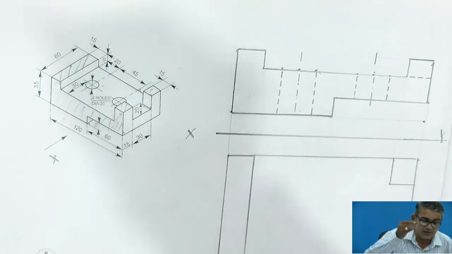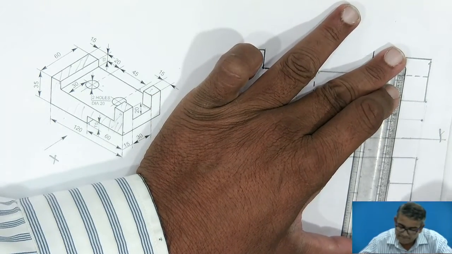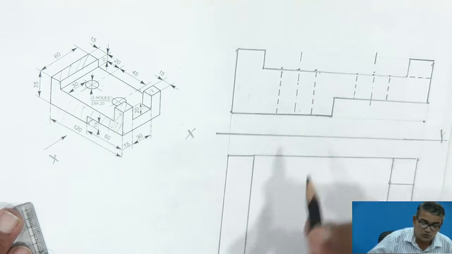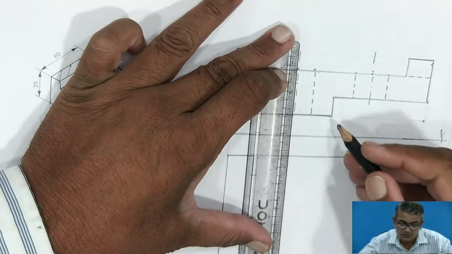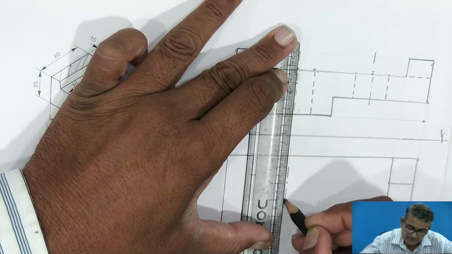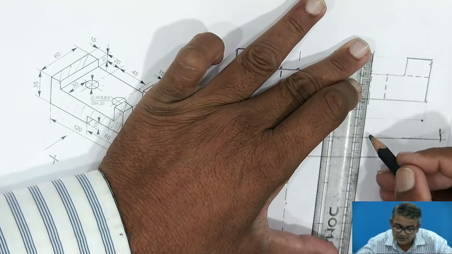Now this surface is coming upward when you see from the back view. So join it. Means the first, second and third are over. This is over. Now these two holes. The holes are parallel when you see from the top view. These two are parallel. Draw the center line.